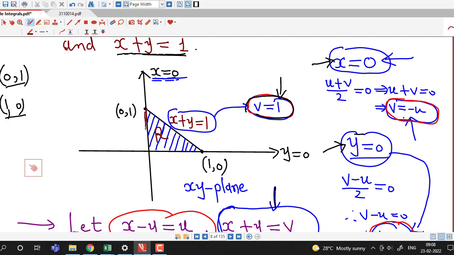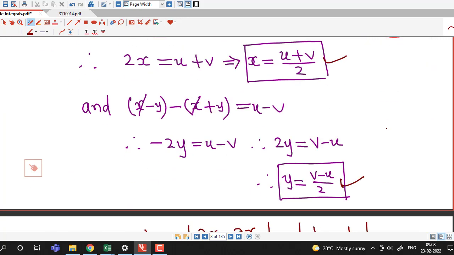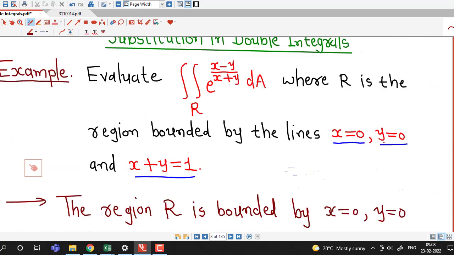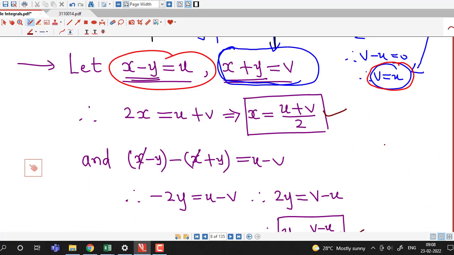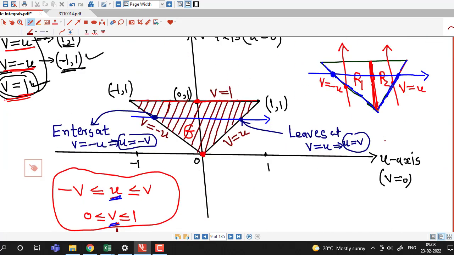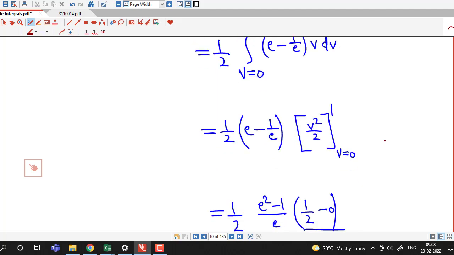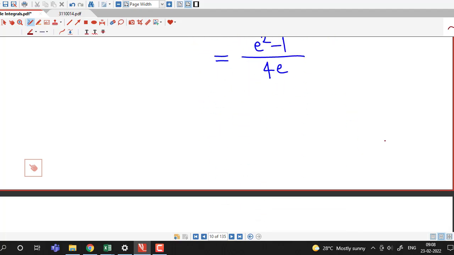So first we had sketched the region of integration in xy plane. After that we converted boundaries of this region from xy to the u and v variables. Okay, so this is very easy, but we have to take care of all these different types of steps. So this is all about this session. I hope you have understood how to consider the change of variables in double